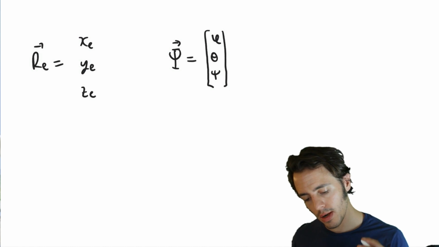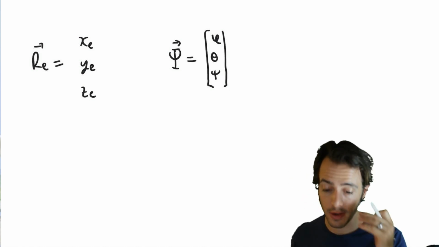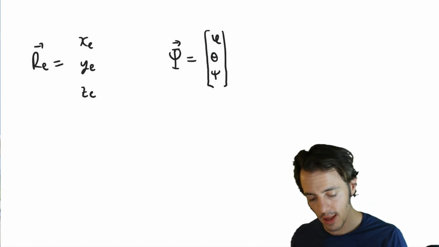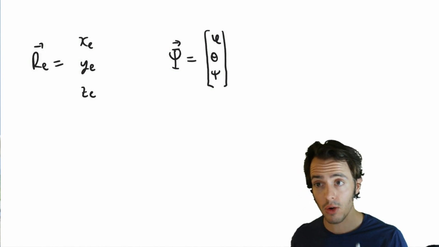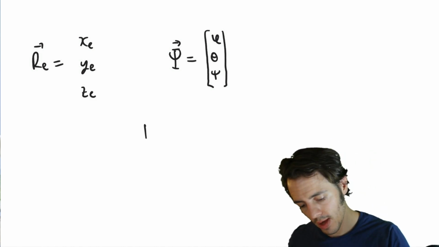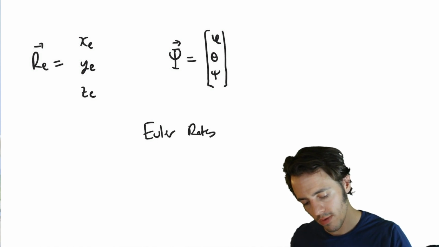To look at how the aircraft attitude changes, it corresponds to the time rate of change of these, which is going to give us the Euler rates. So we'll say Euler rates, we've got